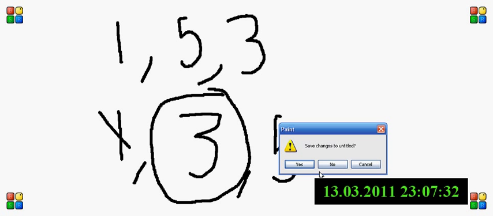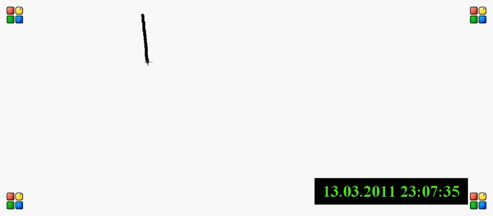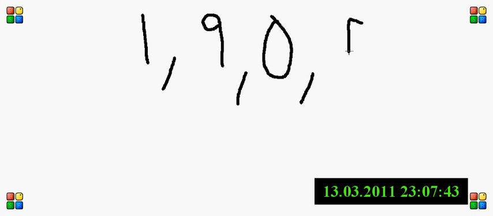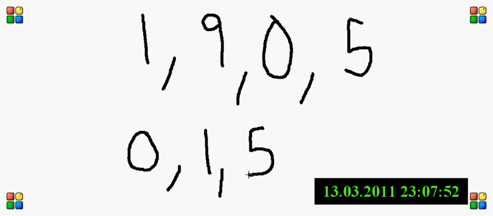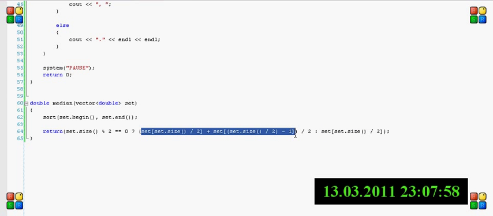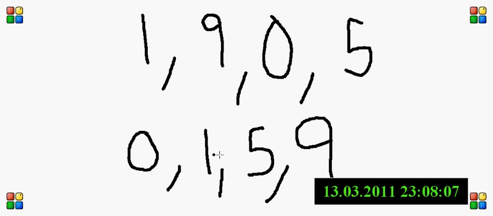Now, let me do another one. If you entered in like 1, 9, 0, and 5, this is going to obviously not run the same thing because it's an even number of elements. So first it's going to put in order 0, 1, 5, 9, and then what is it going to do? Well, it's going to be running this one. So it's going to take the set size divided by 2, which would be 4 divided by 2 is 2, but it's going to take the second element,